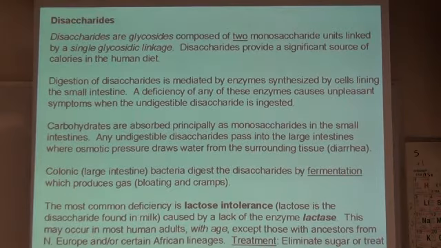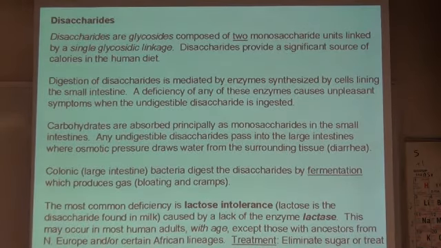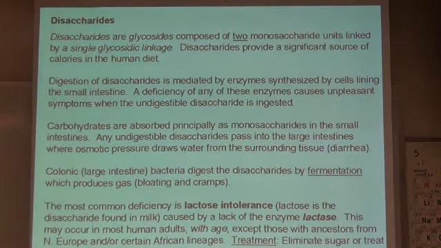Carbohydrate digestion starts with enzymes in the saliva. Carbohydrates are principally absorbed as monosaccharides in the small intestine. Sometimes you can get disaccharides making it past your small intestines into your large intestines, which we call the colon. And because now we have sugar in there that shouldn't be there, because it should have been absorbed in one of the first 3 segments of the small intestines, 2 things can happen. Number 1, bacteria can start to chomp on it and digest it. And the bacteria that's eating it produces gas. That gives you bloating and causes you gas discomfort, etc.